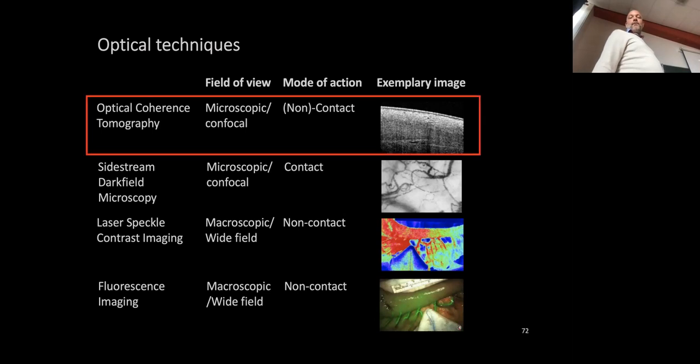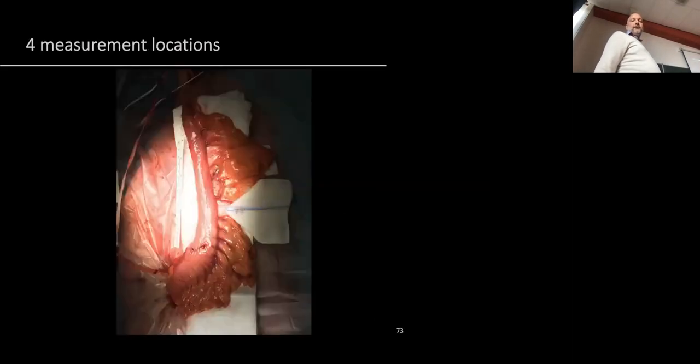Nonetheless, today we are interested in OCT. And again, this is a picture of the surgery. It's open surgery. This piece of the tissue is taken out of the human body and placed on the side on a little tray, so we can do the imaging on this